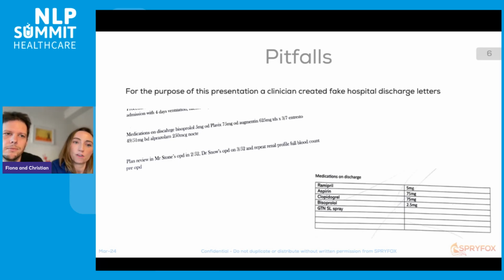So you can see over here on the left-hand side, we've got some spelling mistakes, and down on the right, we've got a table. Why is this important? Let's start with the left-hand side, where you can see the first sentence, medications on discharge, bisoprolol 5 milligram, etc. One of the problems, besides the spelling mistake, is that we have multiple medications listed within one sentence. So we have the bisoprolol with the 5 milligrams taken once a day, etc., all in one sentence